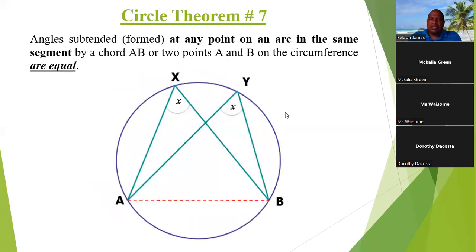All right, theorem 7 here says, angles subtended at any point on an arc in the same segment by a chord AB, or 2 points A and B on the circumference, are equal. All right, so all that is saying, if,